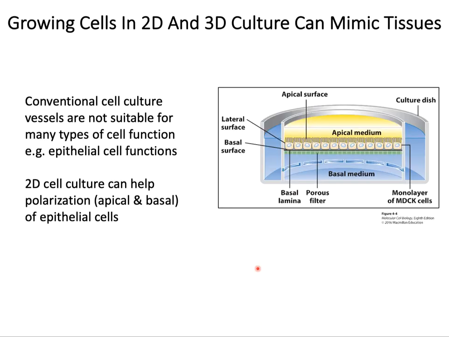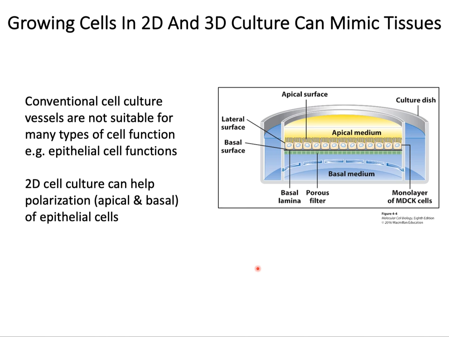Some cells, like epithelial cells, say for example, those found in the intestinal lining or lining of the kidney tubules, have a polar nature. What we mean by the polar nature is that these cells have an apical surface or top. This top or apical surface faces the hollow or lumen of the tube, being either your gut or, say, the kidney tubule. This apical surface of the cells is free from any obstruction and can sense all the material that is passing through the lumen, bumping and rolling randomly on the apical surface